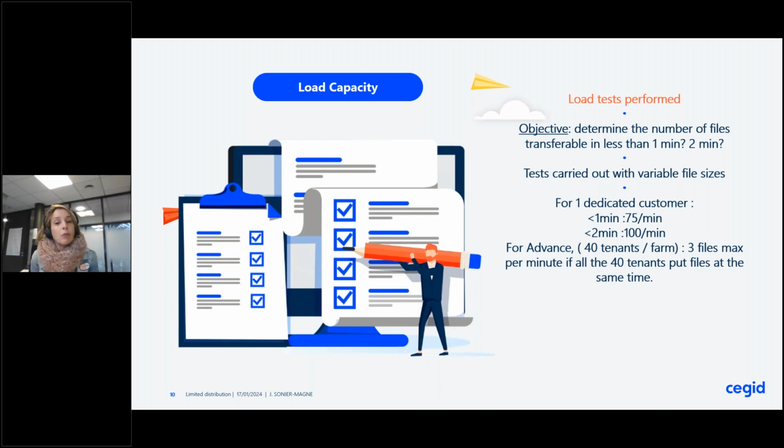We can treat 3 files per minute if all the tenants of this farm put files at the same time. But if you are alone at this time, you will be able to transfer up to 100 files per minute, per 2 minutes, which is